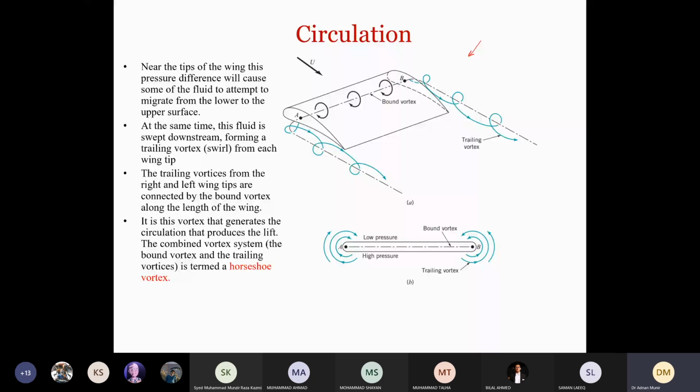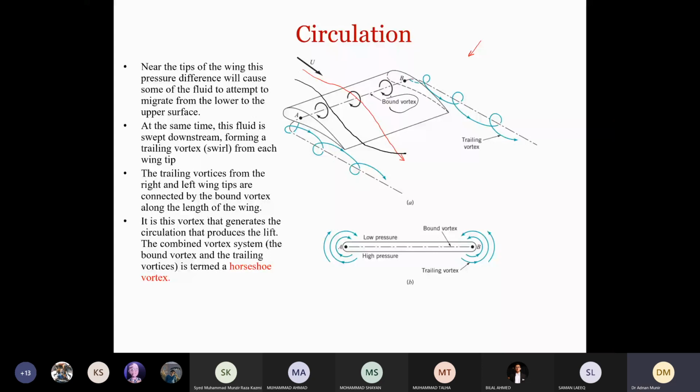Now what is happening, as we discussed, when the incoming flow is coming in this direction, the part of the incoming flow that is going on top of the aerofoil will be moving like this, from top towards inward, right? And then the flow that is going from the bottom of this aerofoil will move from the bottom, and when it comes to the trailing edge, it will move up like this, right? When these two vortices, these two shear layers, combine, these will generate bound vortices like this.